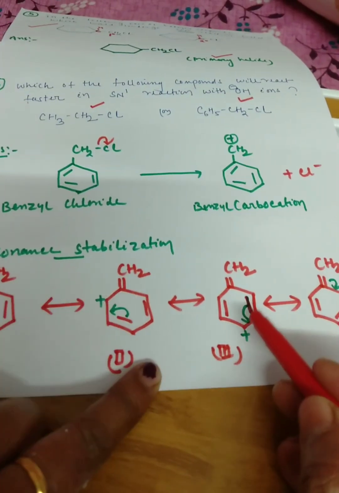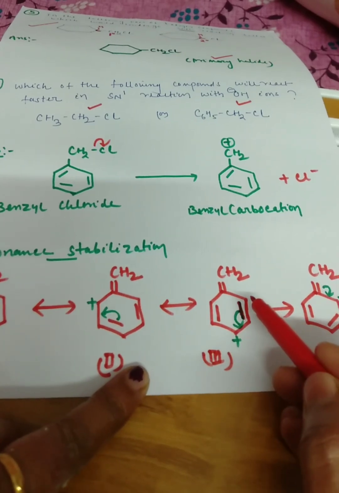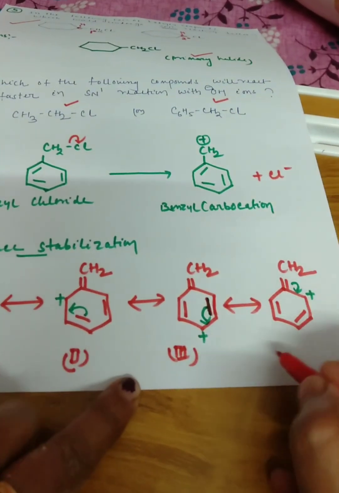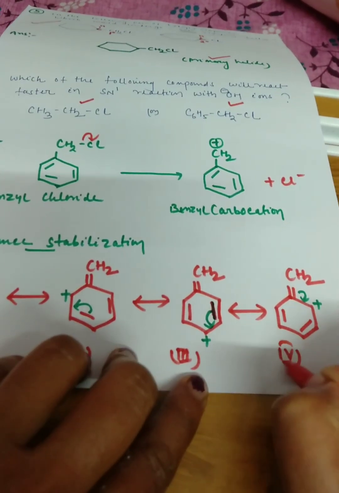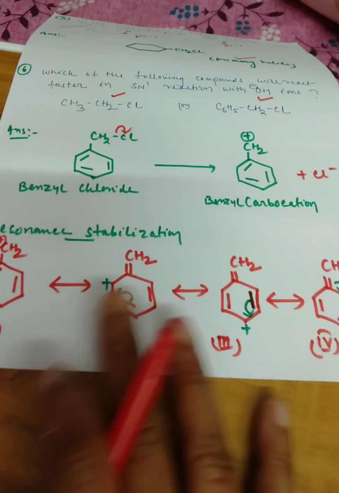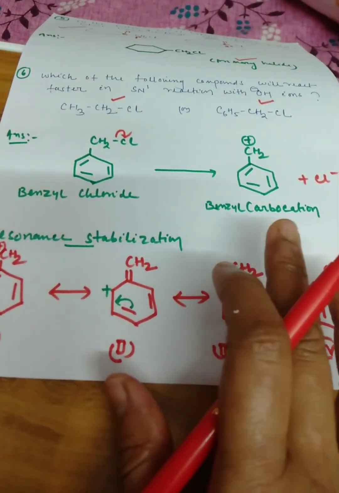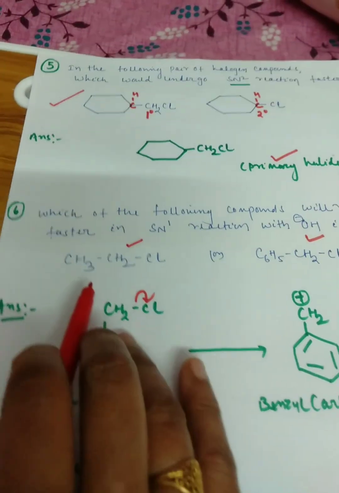Next, again this bond goes to this position, deficiency occurs here, positive charge here, so this is the fourth structure. So this resonance stabilization occurs in the benzyl carbocation,